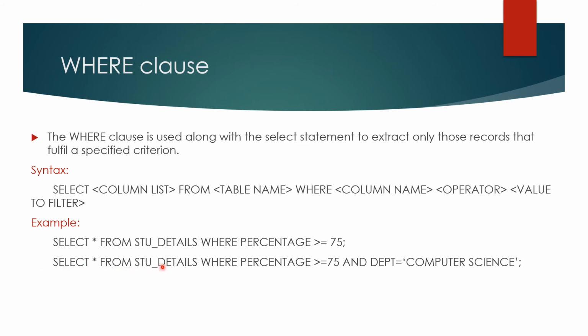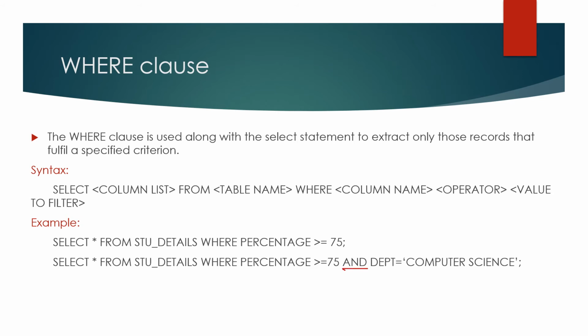Select star from student details where percentage is greater than or equal to 75 and department equal to computer science. So here in this where condition they have given two conditions. In the first example they have given only one condition, but in the second example they have given two conditions, and these conditions